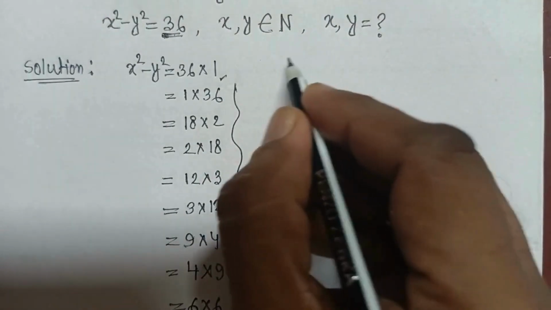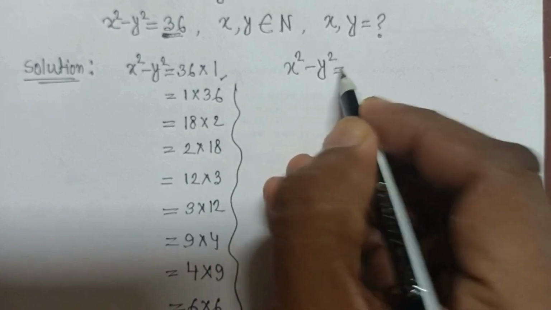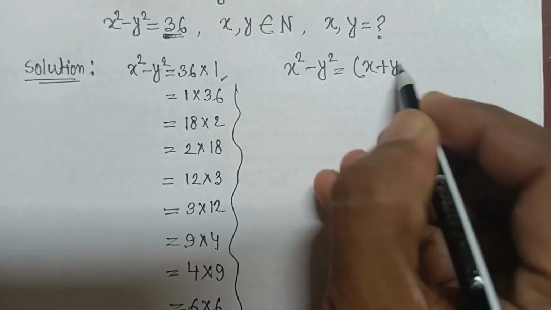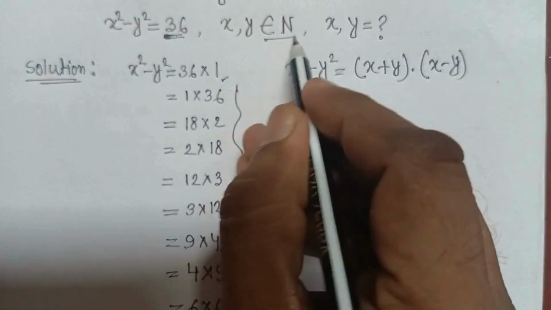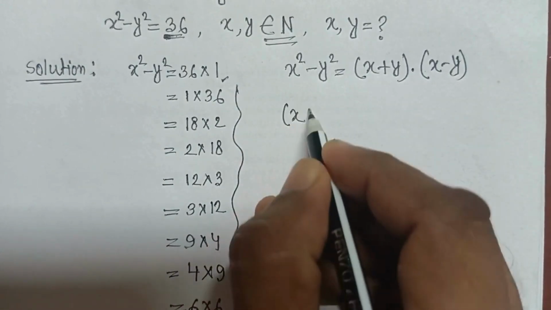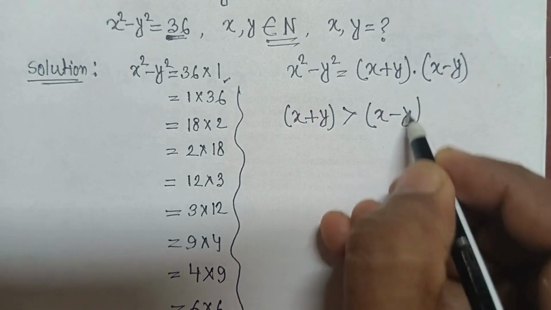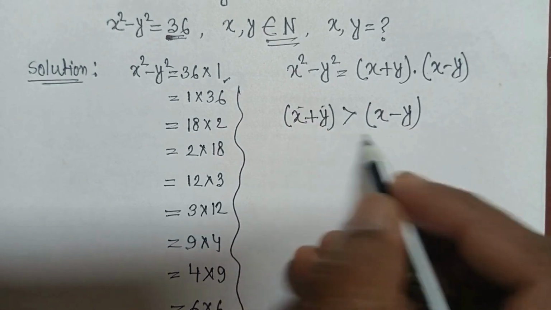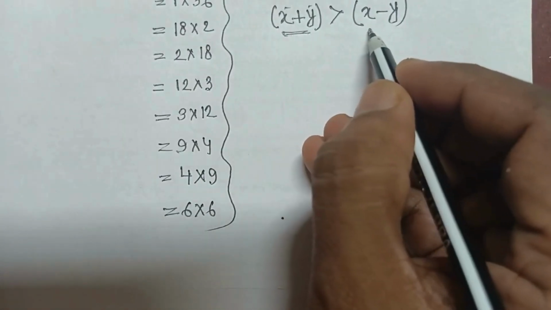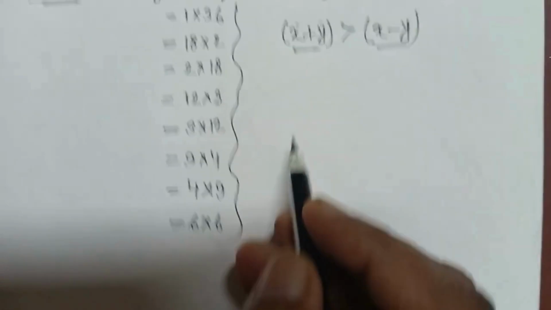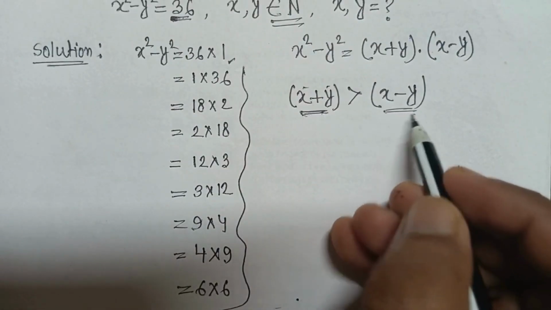Now, we know x square minus y square is equal to (x plus y) dot (x minus y). For any natural numbers x and y, that should be maintained: x plus y should always be greater than x minus y. So if we consider this scenario that x plus y should be greater than x minus y,